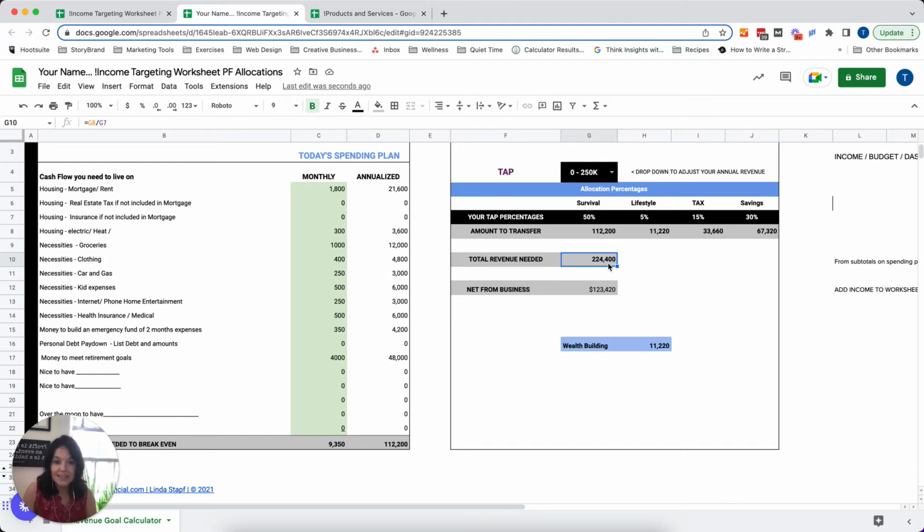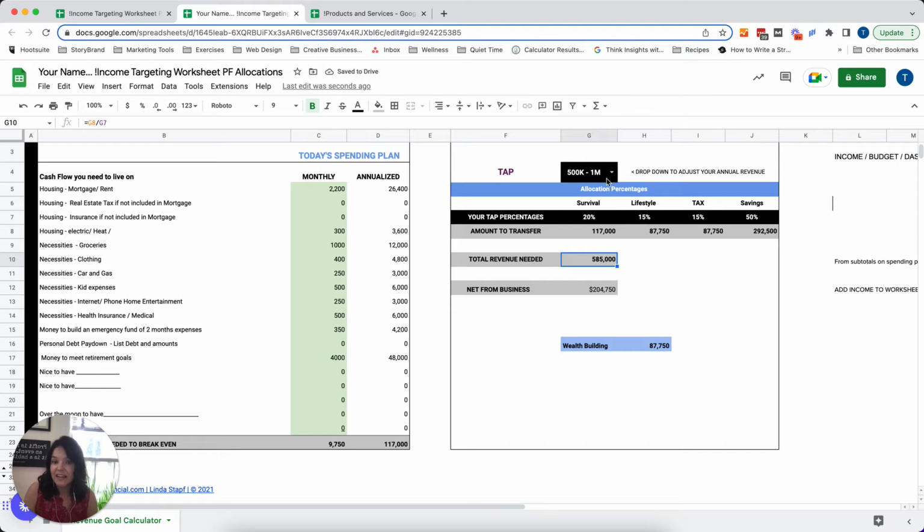Profit First. This number is after COGS and after subcontractors right here. What you're going to do is take this number here, 224.4, whatever it turns out to be. 224.4 might not necessarily be the number. If you remember, this was $2,200 and that was 234. So whatever this number ends up being, according to